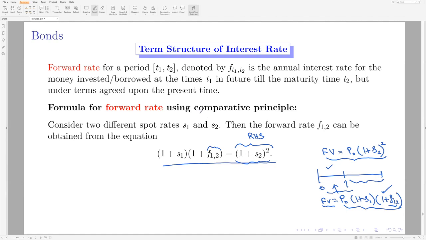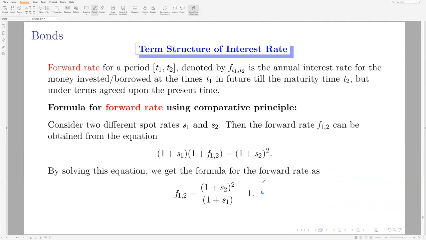That is the main principle of comparative idea. Okay, so they both should be equal. That is your principle. So once you do this, you know this, therefore you can obtain this easily, and it is given by this. So according to this comparative principle, your formula for forward rate,